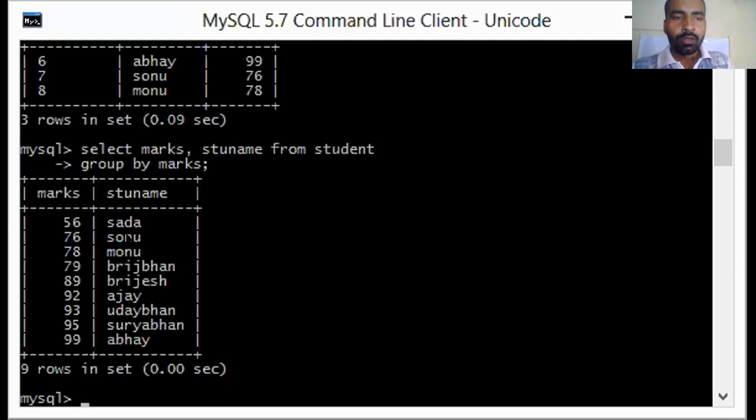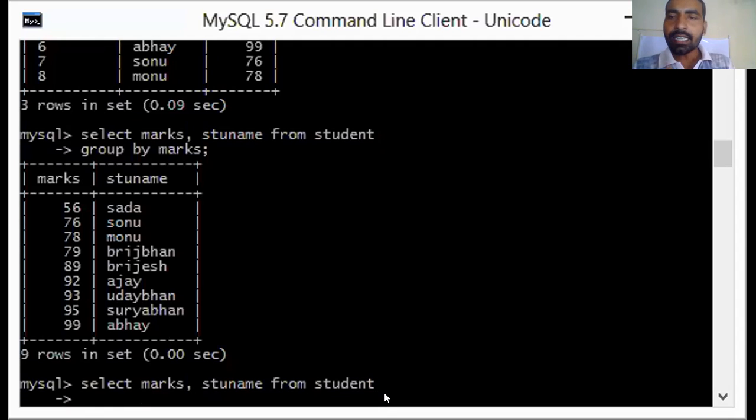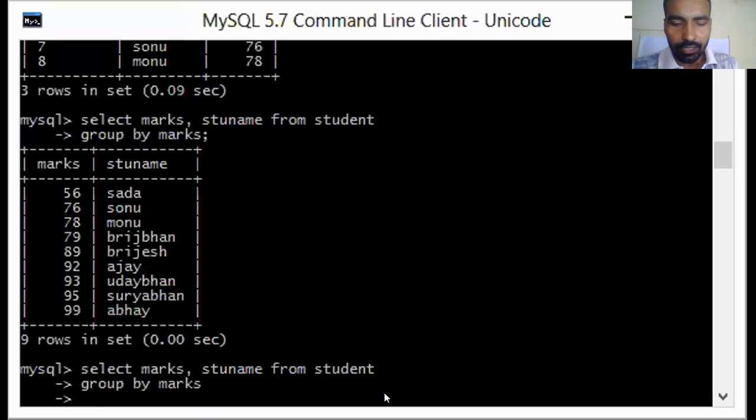Let me show you. So let us write select marks, STU name from student. Okay. Then let us write group by function. Group by. Now tell me the column name by which you want to group. Marks only. Okay, so write marks. Press enter key. Now write order by function. Order by. Now by which column you want to order? Marks or name?